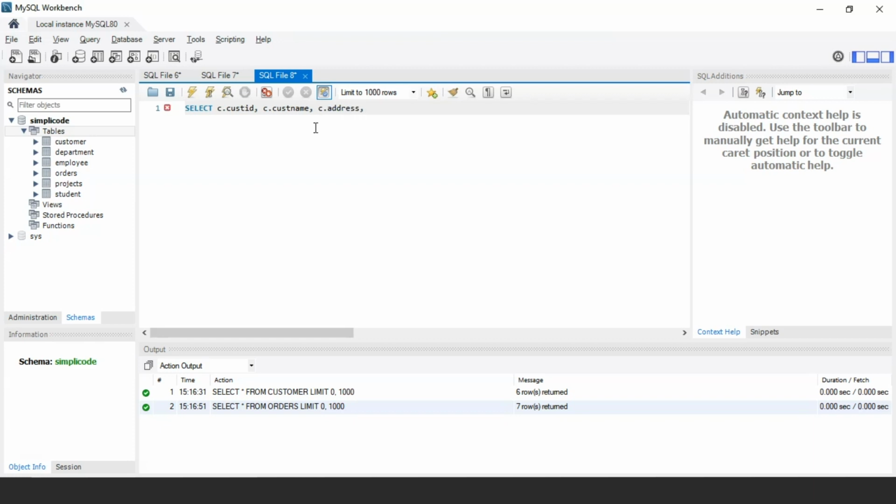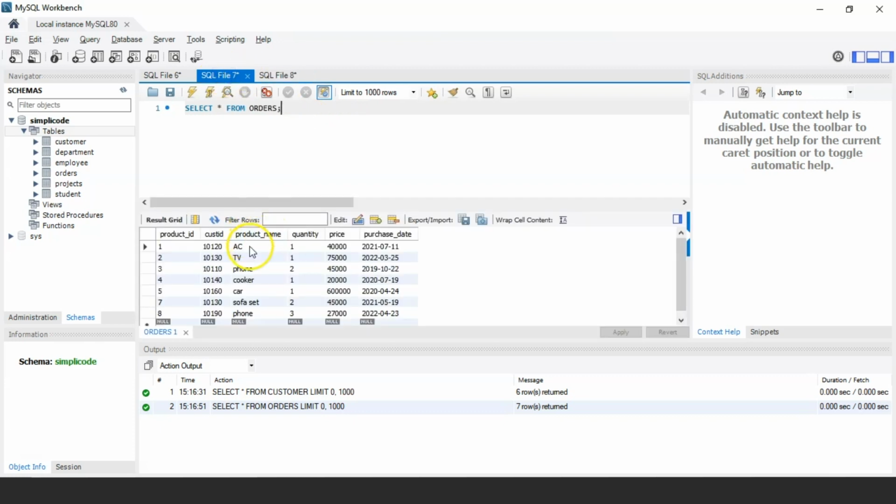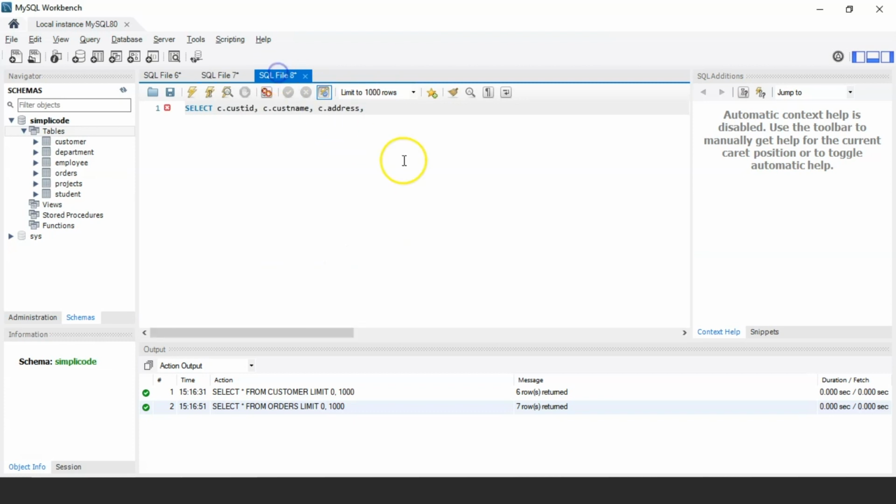Now from the orders table, I want to mention the product's name that they've purchased, the quantity, price, and purchase date. So we have taken O as the alias name for our table. So O dot purchase name, product name that they have purchased. I also want to display the quantity. So O dot quantity, its price as well, O dot price, and the purchase date, O dot